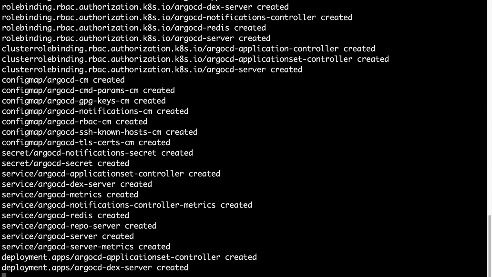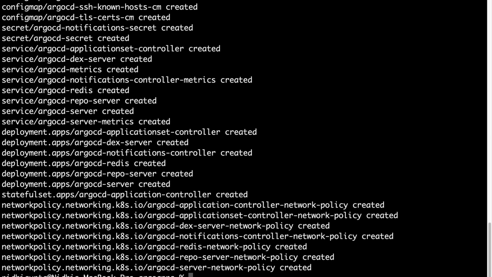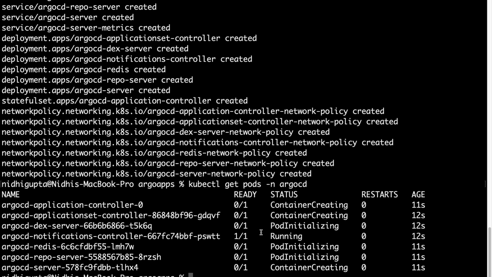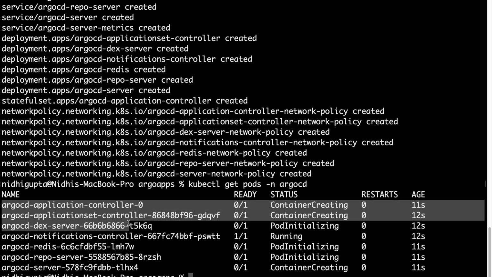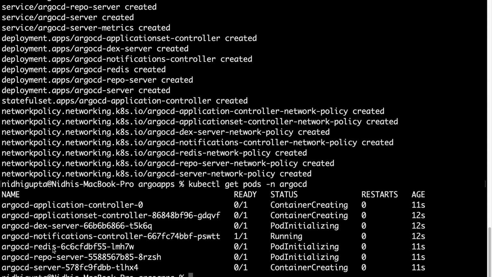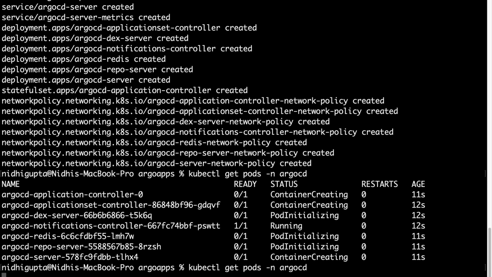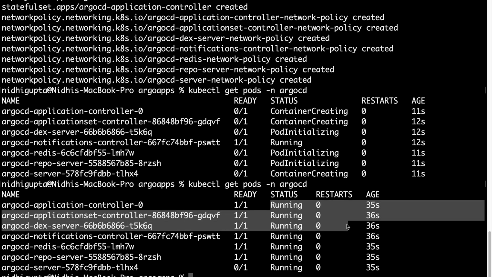So now this will create a namespace and it will create all the resources related to Argo CD. If I do now kubectl get pods -n argocd, here you can see that all the pods related to Argo CD are created. Here you can see the application controller, the notification, Redis, repo server. So all the architecture diagram that we have seen before, that's the same, all pods are getting created. So let's just wait. All are in running state now.